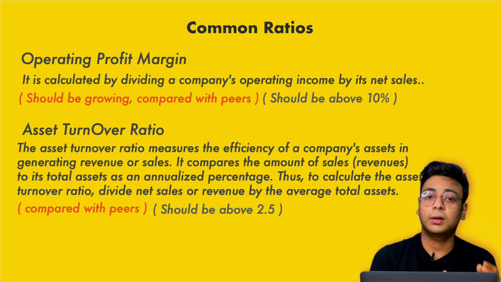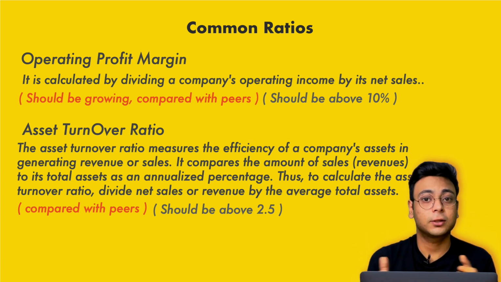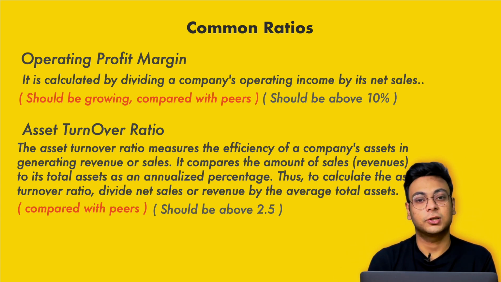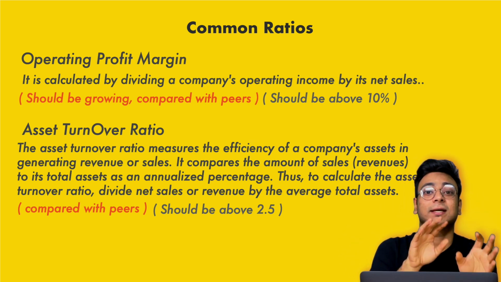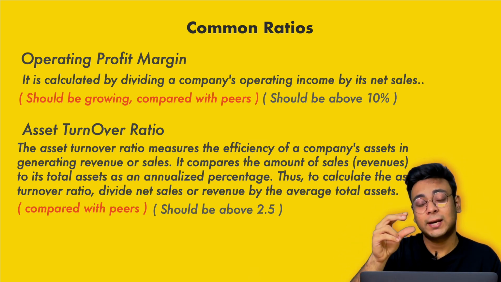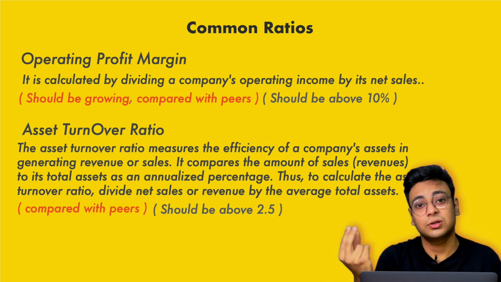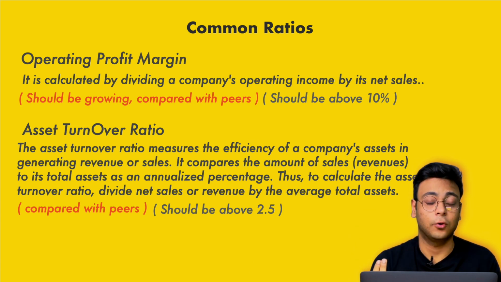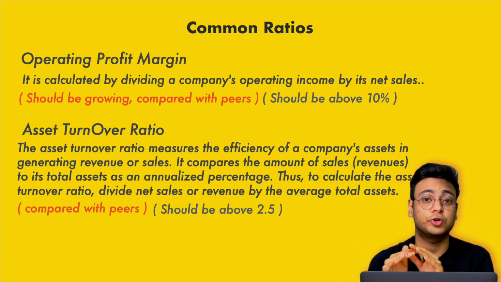So when you read the quarterly results announced by the news channels or you read them on Money Control or any other platform, they speak of operating margin, because if the operating margin is lower, that would mean the company's expenses have gone up. The cause of expenses is another factor, but if the operating margin reduces, that would mean that in the future, the company's margins might shrink even more. That would be a bad sign. Hence, in a company, the operating profit margin should always be increasing or should be stable.